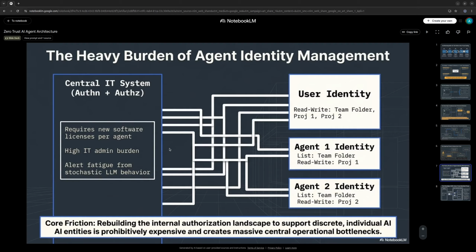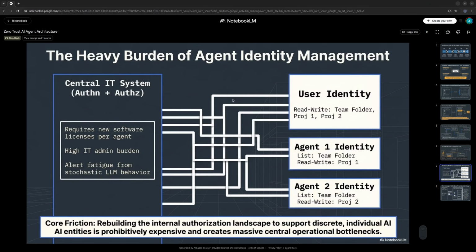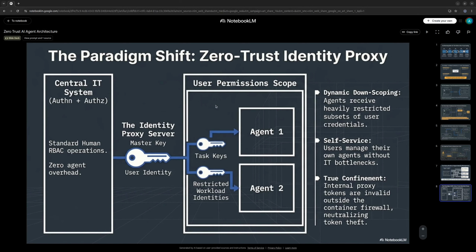I would like to suggest Anthropic to actually extend this table with a fourth tier above the entry level, above the foundation, and call it, I don't know, identity proxy tier, pre-foundation. Why? Because in the Zero Trust Identity Proxy,